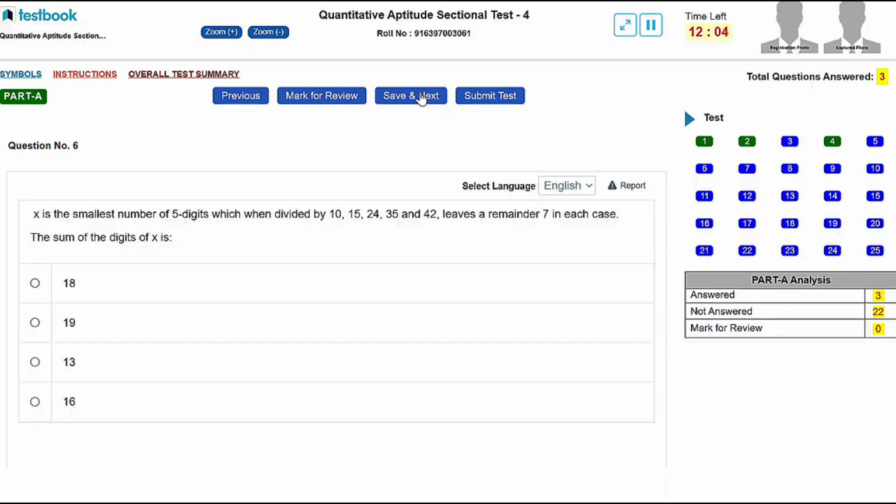Moving to the next one. X is the smallest number of 5 digits which when divided by 10, 15, 24, 35, 42 leaves remainder 7 in each case. The sum of the digits of X is